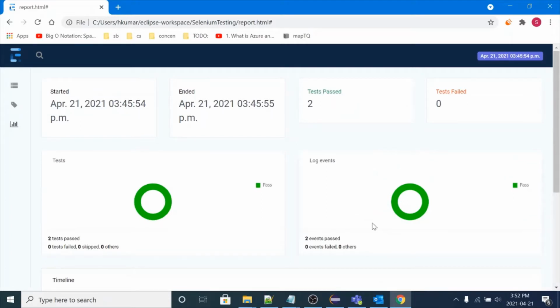Are we running this execution on Windows 7, Windows 10, Windows 8, or any other Windows version, or what is the Java version, like that. So we can add this system information to our extent report, and let me show you a demo how can we add this information to your extent report.